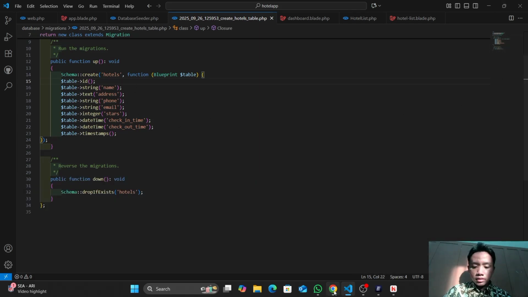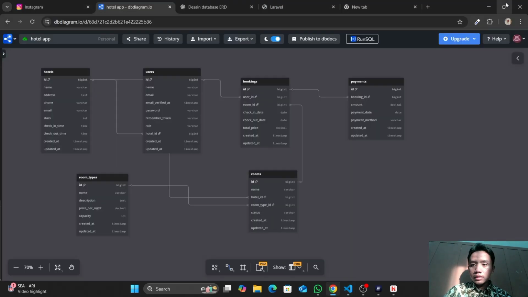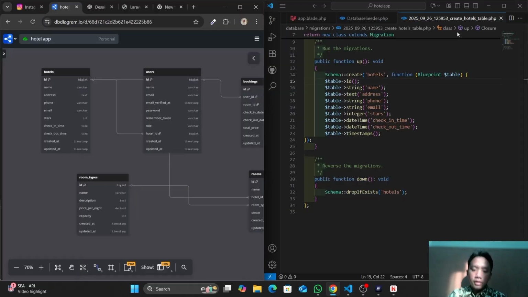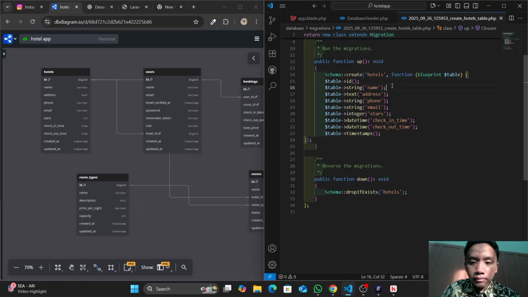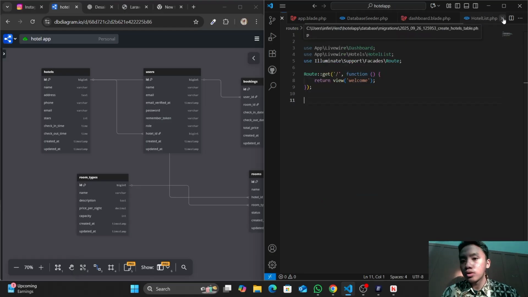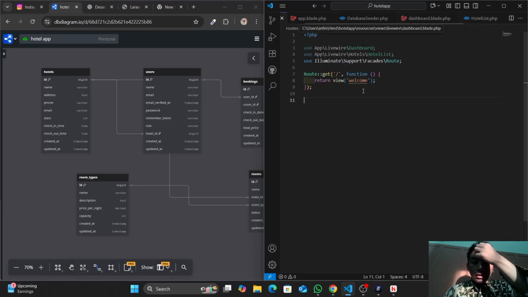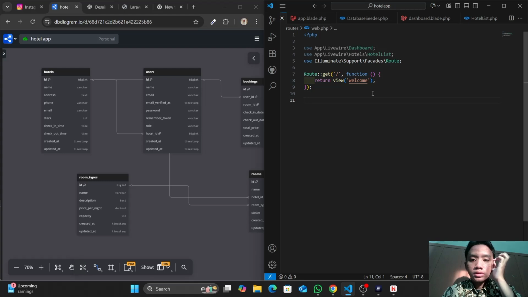You can follow my columns in the hotels table, based on the database. The migration has to match the data in the database.